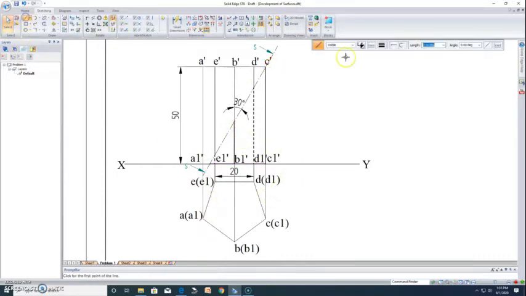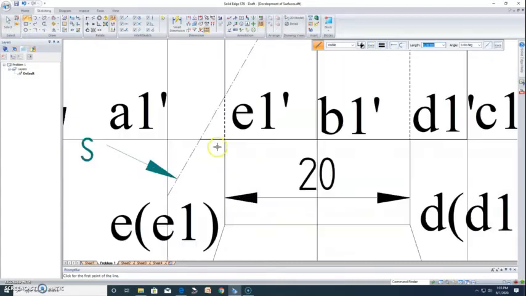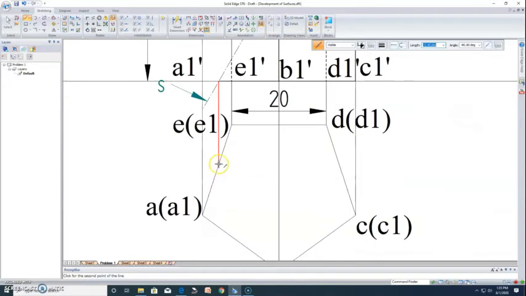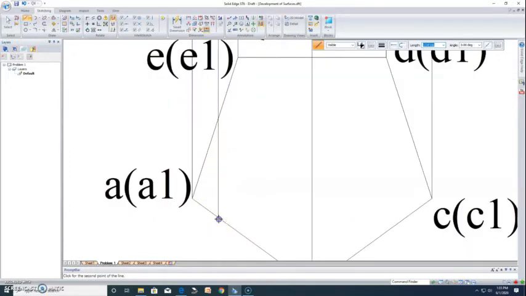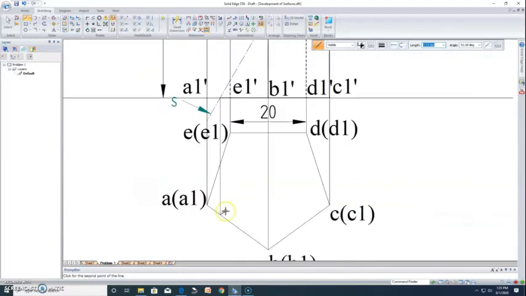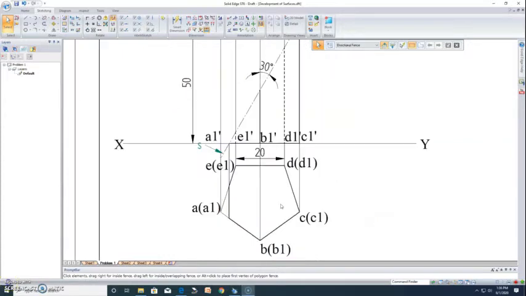For that, I'm going to draw a vertical line where the base has been cut. You know that it will cut AE or A1E1 as well as A1B1. So this is where it is going to cut, and this small triangle which you see here will not be visible. The rest of the portion will be visible in the top view. I'm going to make it dark. So this is how the final top view of the truncated prism looks.